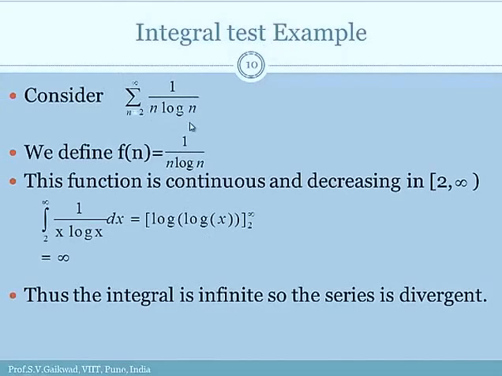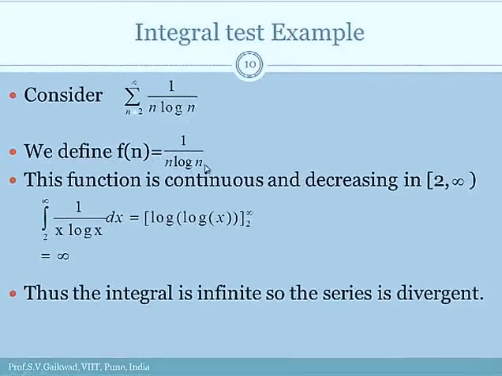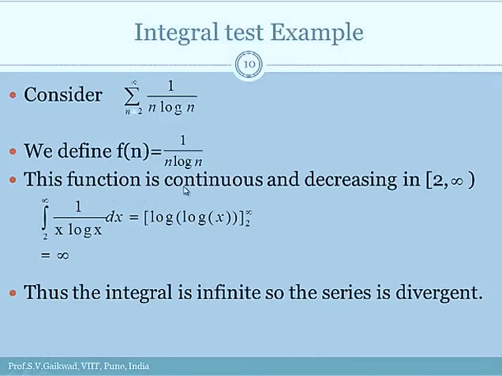1 upon n log n. Define f(n) as 1 upon n log n. This function is continuous and decreasing in the interval 2 to infinity. So